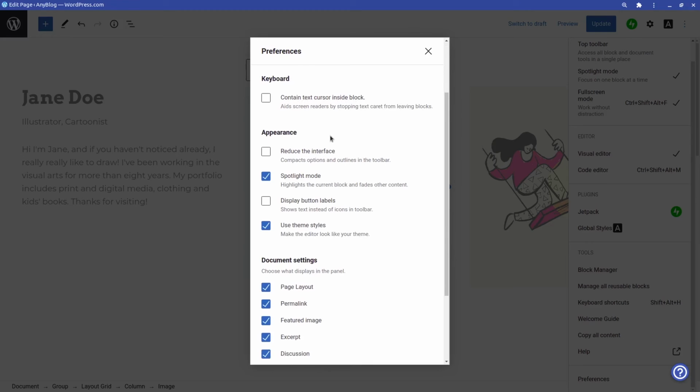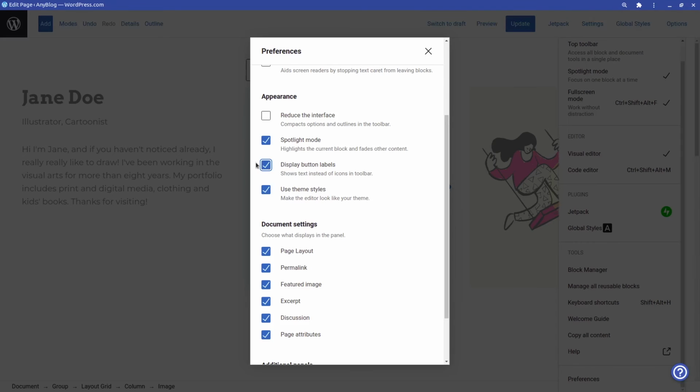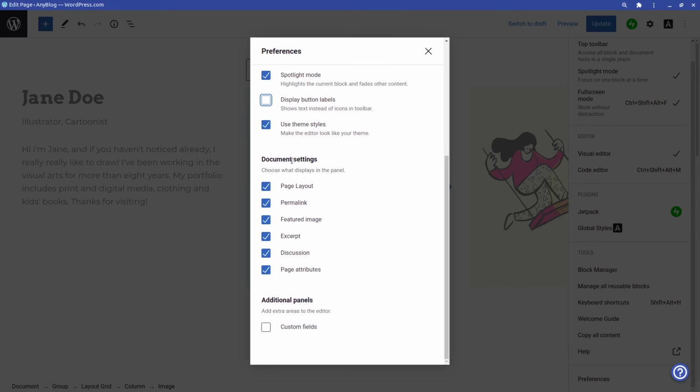And then for the appearance, you have reduce and spotlight mode, which is the one that I just clicked just now. And then you have display button labels. So this one is showing the text instead of the icons in the block. So if I click on this, then you can see that it's quite active. Then you have theme styles, make your editor look like a theme. And then you have the document settings, and then you have the additional panels.